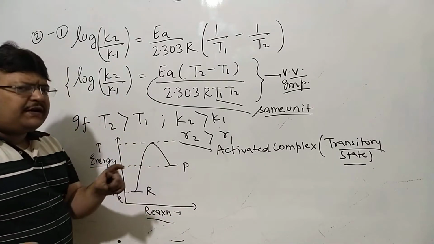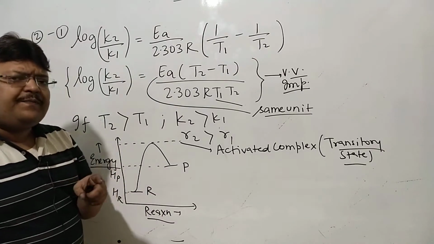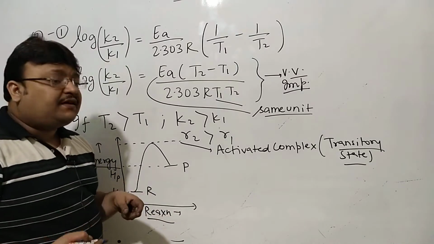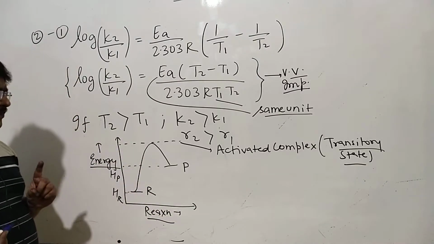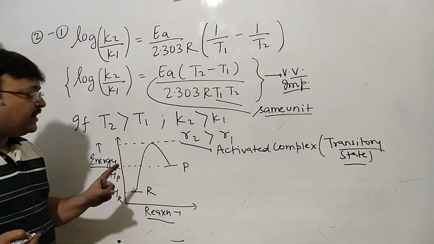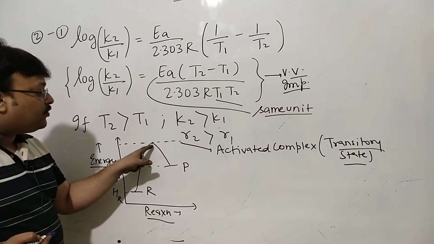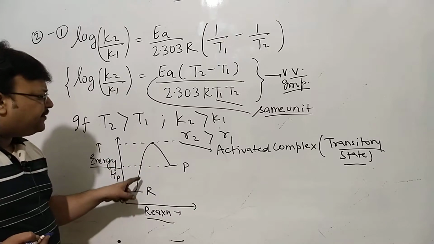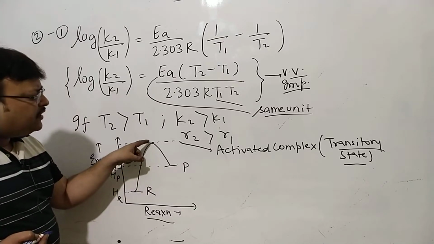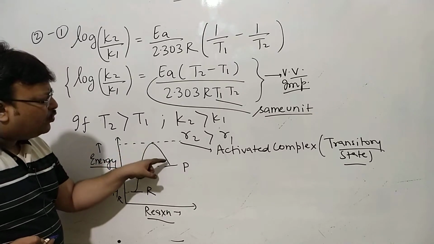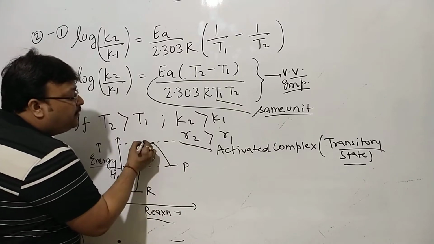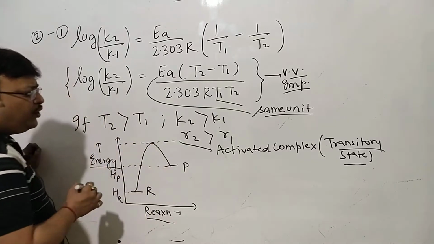The energy profile of the reaction is always constant because the mechanism is always constant. Until and unless the mechanism is changed, the energy profile will remain the same. Now, if this is a certain energy profile of a given reaction, this is the activated complex. If the process reaches this point, thereafter the process is downhill. It's downhill. If it reaches this point, it will definitely mature to the product.